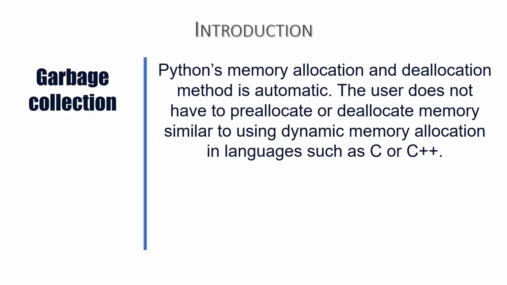If I talk about the introduction, Python's memory allocation and deallocation method is automatic. The user does not have to pre-allocate or deallocate memory, similar to using dynamic memory allocation in languages such as C or C++. That is already collected. But sometimes it becomes necessary to call garbage collection manually so that the program can be made more efficient and more